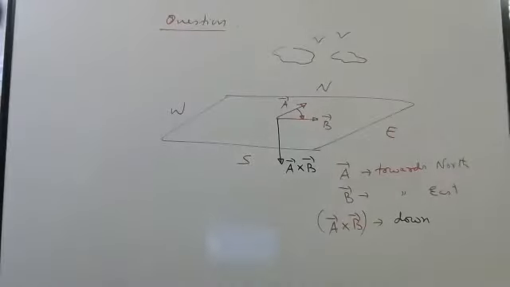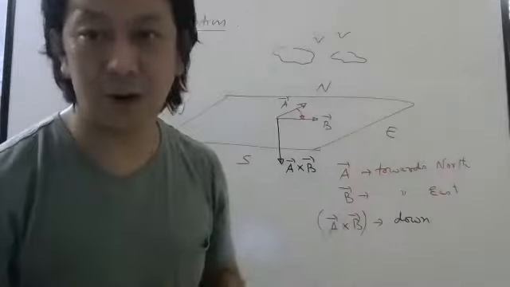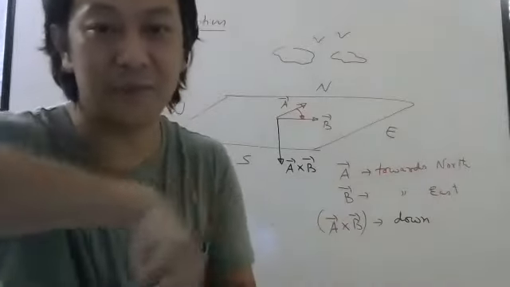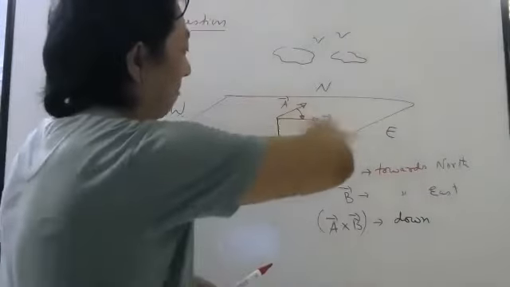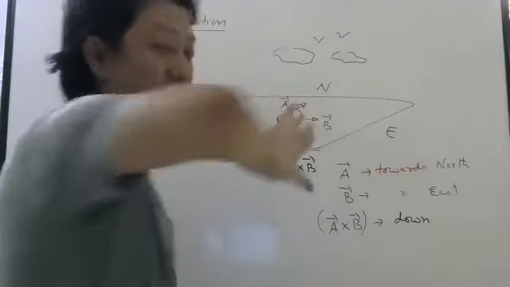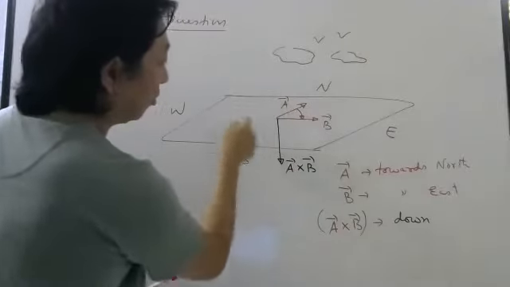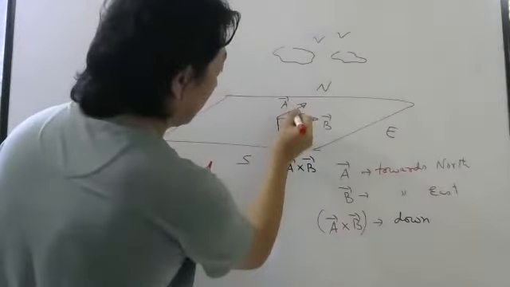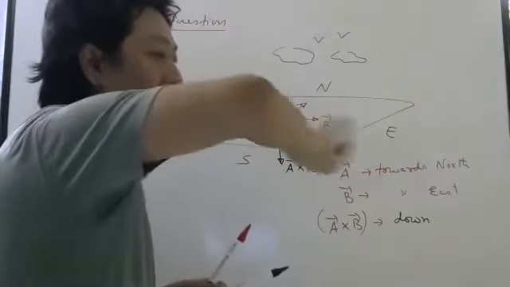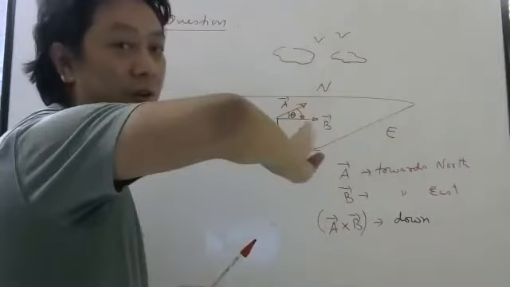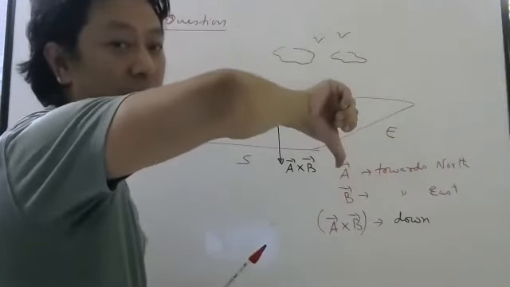Okay, practice students, practice. There is nothing we can do. If I was doing this live class in a college, I could have come and shown you properly. But the idea is, first you find the plane. Then you have to rotate the fingers in the plane. Now don't rotate from A to B the long way. You have to rotate through the smaller angle theta here. So if you do A cross B, your thumb will point down.